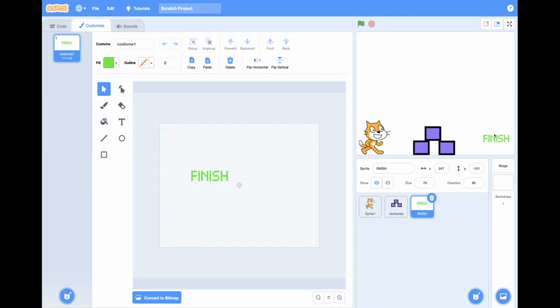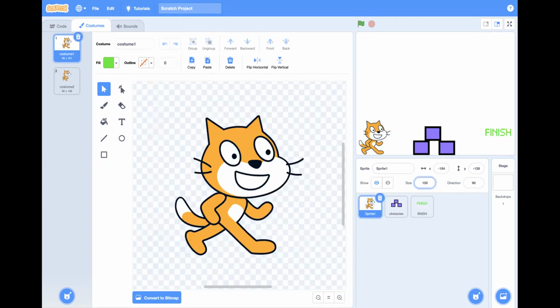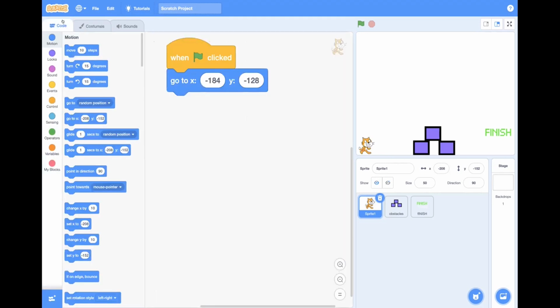Now we go to the code. At this point, I go to code and we are coding the cat. Let me reduce the size of the cat as well to 50. So this is my cat. When I go to code here, we said we are coding only the cat; the rest you don't code. So you come here and say when green flag is clicked, you go to this position here. And after this, we said you move. So I bring the move